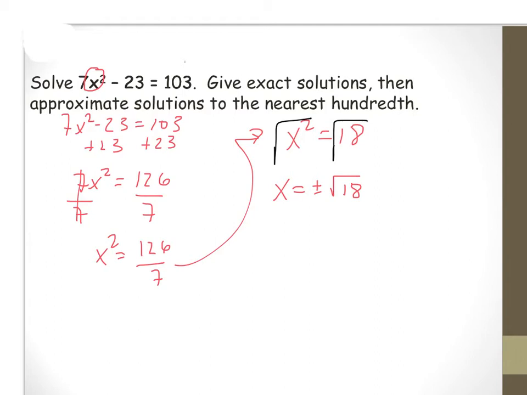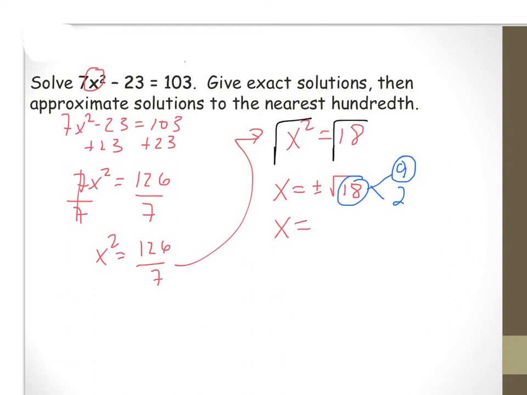Now we have to think about reducing. Can we reduce the 18? Well, 18 is the same value as 9 times 2. Well, 9 is a perfect square. So that means I know I have